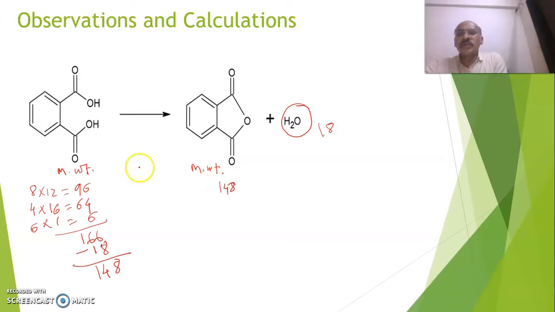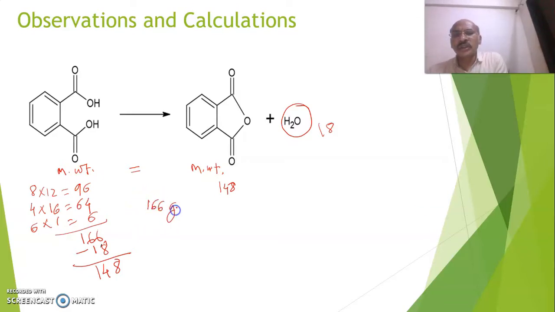Now according to the law of conservation of mass, the sum of the molecular weights of all reactants is always equal to the sum of the molecular weights of all products. Here only one molecule is the starting compound. In the product, two are there. One is the main product, the second is a side product, that is water, and we will consider only the organic molecule as the substrate and the organic molecule as the product. According to the law of conservation of mass, the molecular weight of the reactant is equal to the molecular weight of the product. So we can write